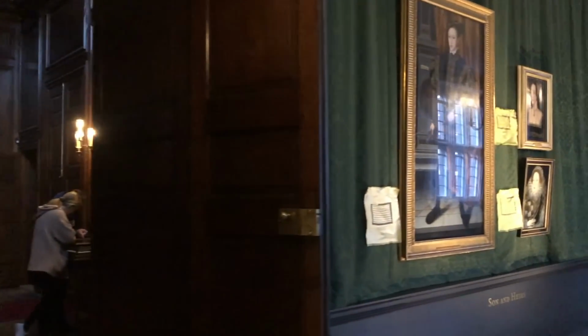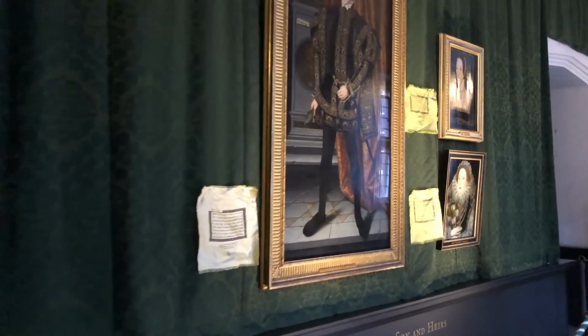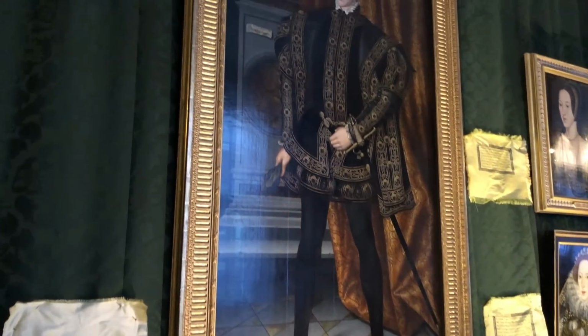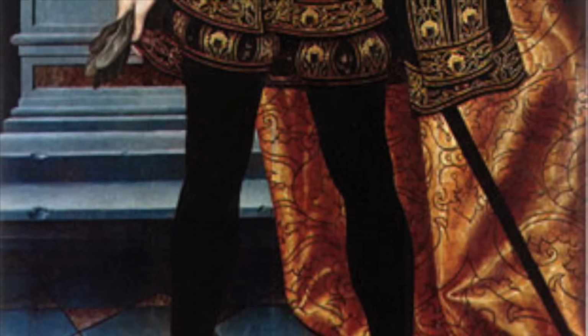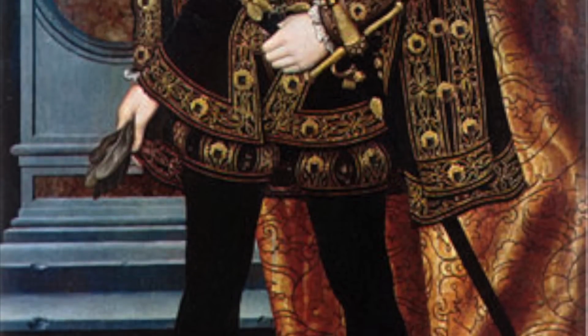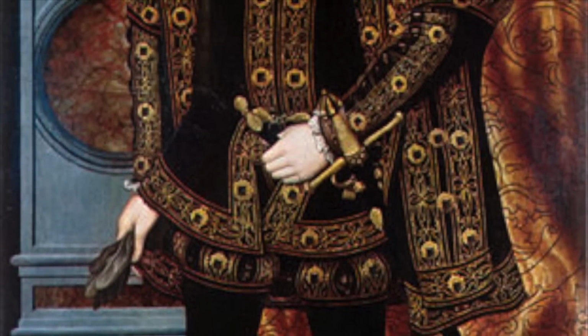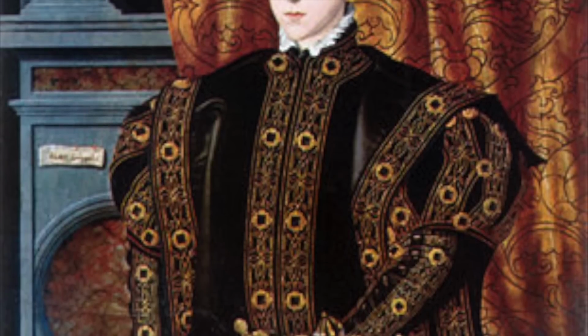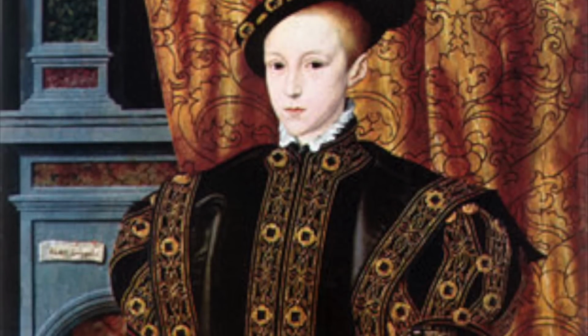Past the chapel exit, we then come to a set of 3 paintings. The largest is that of King Edward VI. A child king always leads to an unsettled power dynamic as various courtiers fight to control the monarch. The purpose of this portrait is to show us that the young king is just as strong, as powerful, and as capable as his father was. The fact that Edward is standing in exactly the same position his father was so frequently depicted in is no